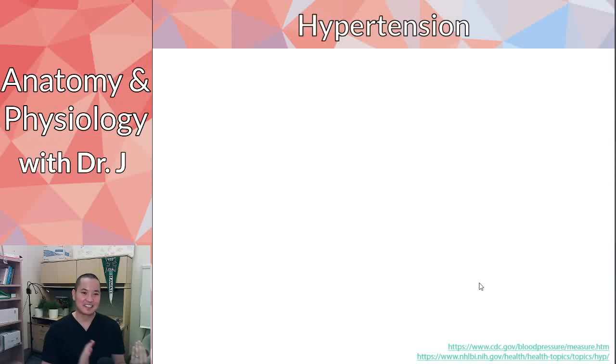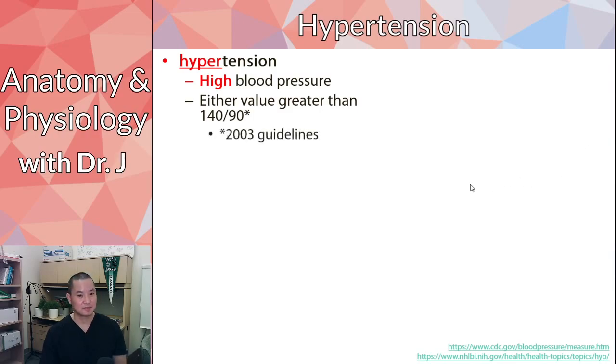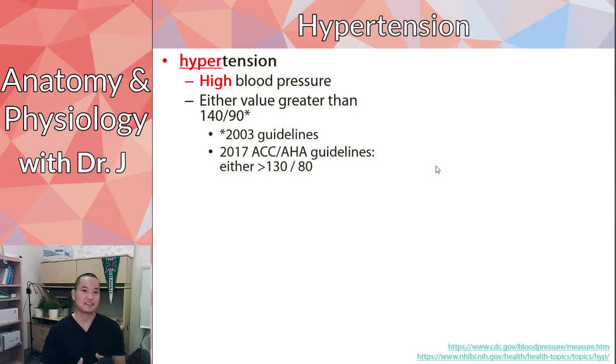Okay, but a little detour from that. Let's go back to one big thing you should know, hypertension. And again, hypertension is high blood pressure. In your Martini book, I think they still use this value for 140/90. And actually, when I reread the section on OpenStax, they actually used the 2017 guidelines, so they did update them.